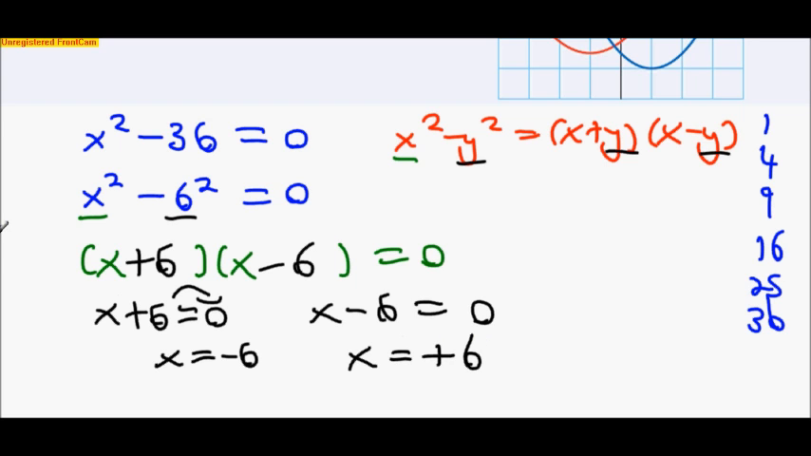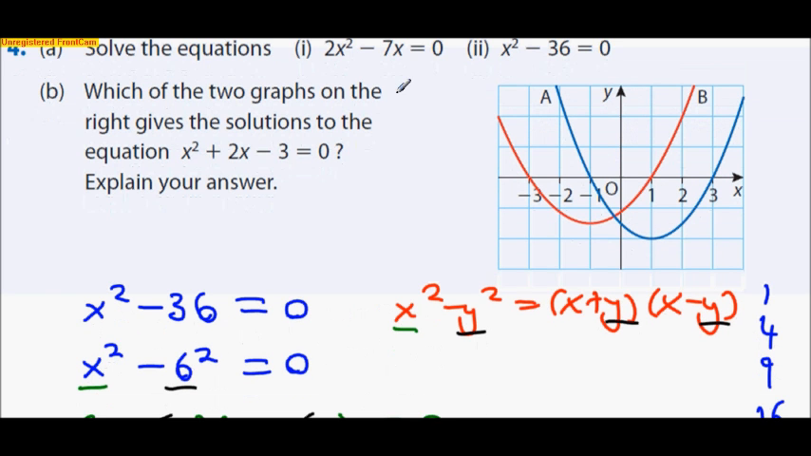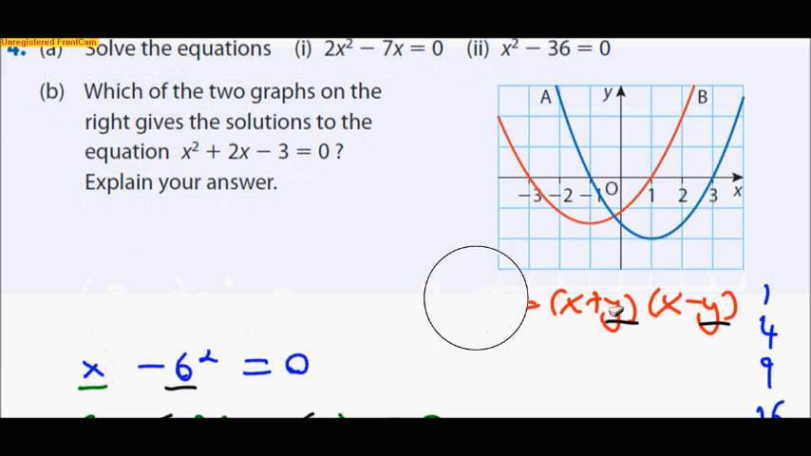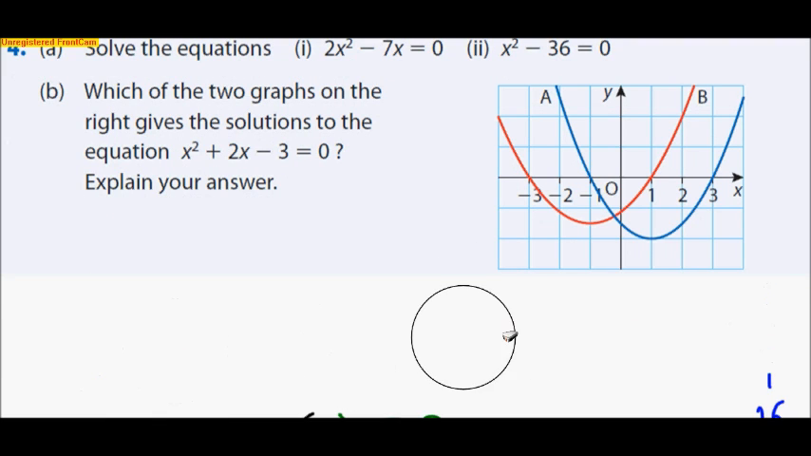Okay, next question. Which of the two graphs on the right gives the solutions to the equation 2x squared plus 2x minus 3 equals 0? Now, what you've got to remember is that the roots of your answer are where it crosses the x-axis. So if we just solve this very quickly,